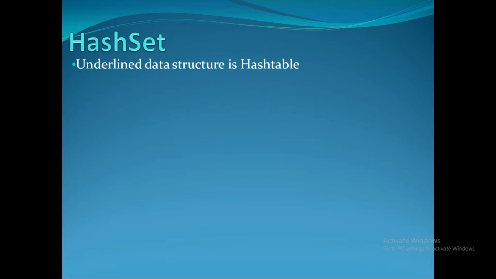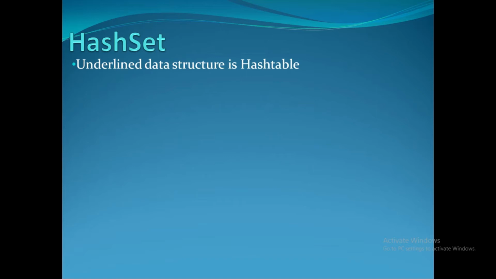So first one is, what is the underlying data structure for the hash set? The underlying data structure for the hash set is hash table. So what is hash table? I will explain in the next video. For now just keep in mind hash set is based on the data structure called hash table. Hash table is nothing but a table which keeps the element in key-value pairs based on its hash code. In the next video I will explain with an example what is hash code, what is the hashing method, and how it is stored in the hash table.